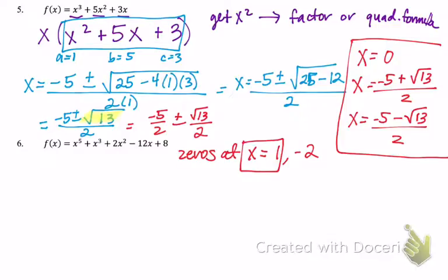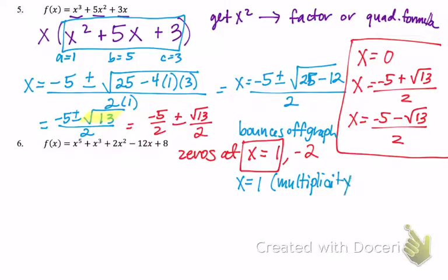So that means that if it bounces off the graph, then I say that x equals 1 with a multiplicity of 2. So if I were factoring this, then it would look like x minus 1 squared x minus 2,